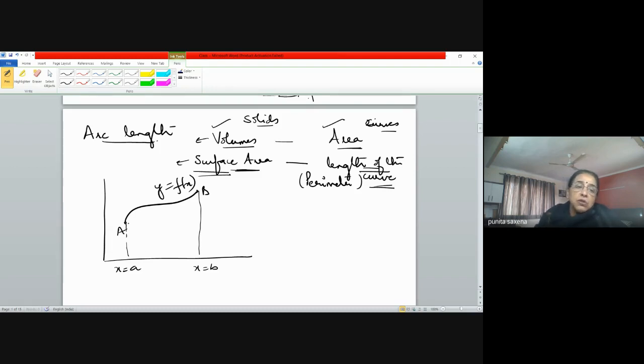Okay, so the logic says what? If you remember, I think this is how we learned how to find perimeters. How do you find the perimeter of a circle? You know the formula for the perimeter, 2 pi r. That is the formula. But if we want to understand the logic of it, how do we understand it? How do we find it?